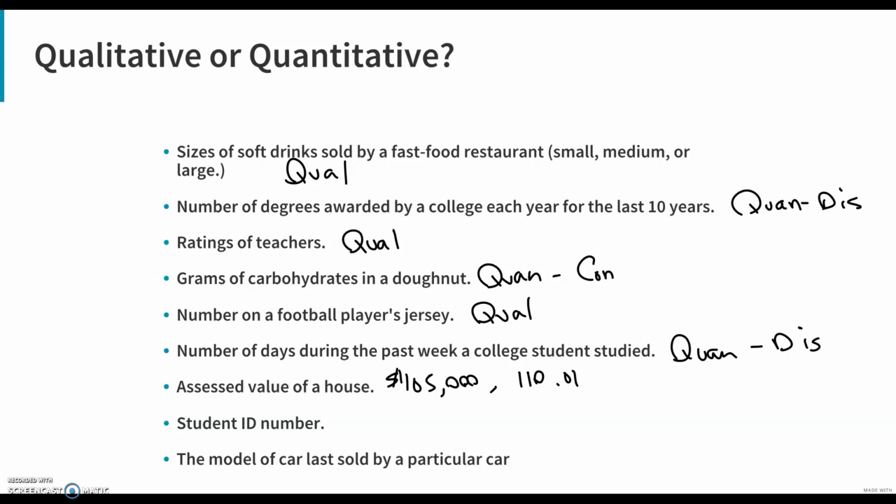The numbers would actually go on if you list out every single possible number that there could be. This is going to be quantitative, since you're talking about a number for the house, and the mathematical operations on those would mean something. An assessed value of a house plus another assessed value of a house would be another assessed value